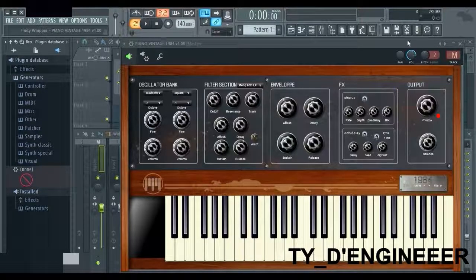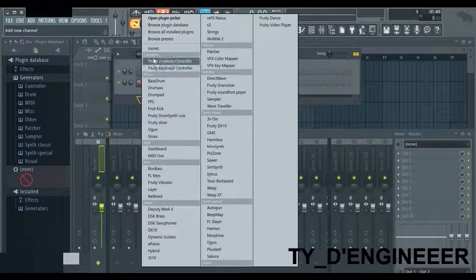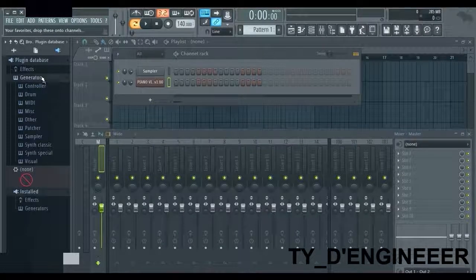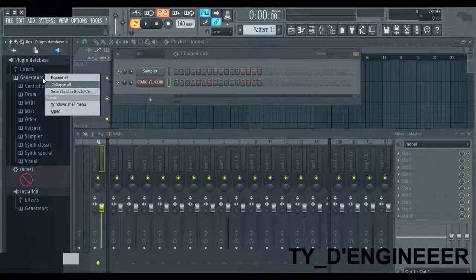So for example, in your channel rack, when you go here, it's all these names, so controller, drum, MIDI, as you can see, etc. So you would basically make a new folder by going on generators, right clicking,